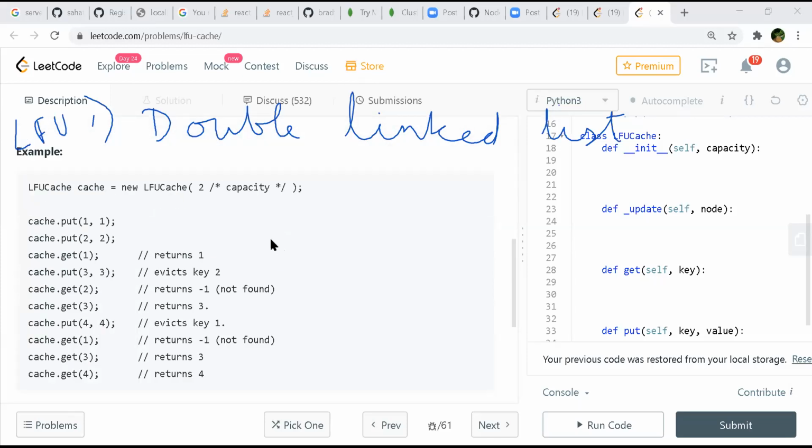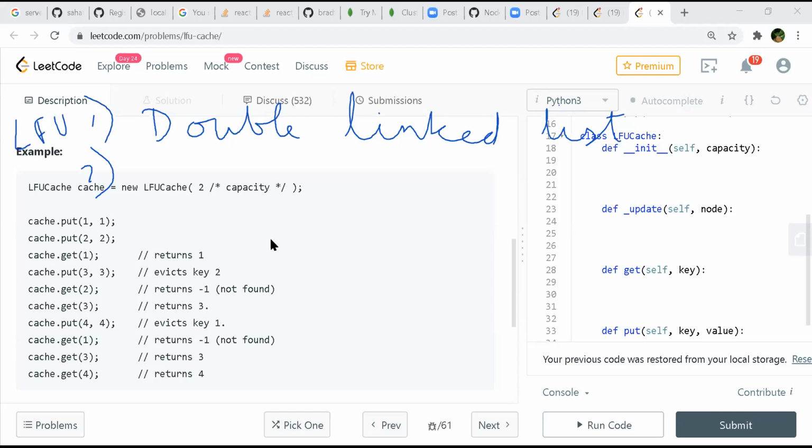Actually, Harshit, one question. If you need to get an element, that means it needs to be pulled towards the head of the linked list, right? If that element is somewhere in between the linked list, to search for it we need O(n) time, right? Yeah, I was saying that. But he's saying he'll design the linked list in such a way that the least frequently used element will always be present at the head. And if you want to access any element in O(1) in a linked list, we can take help of a map, right, Harshit?